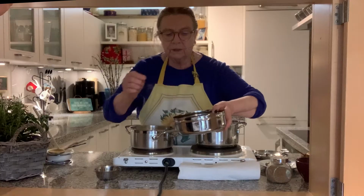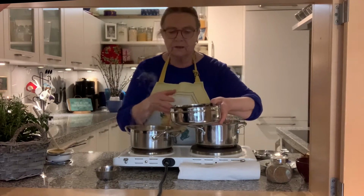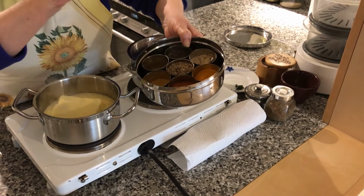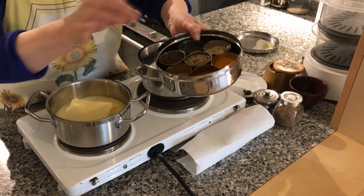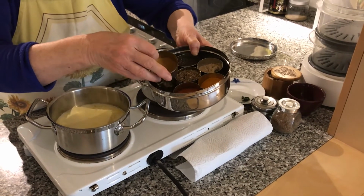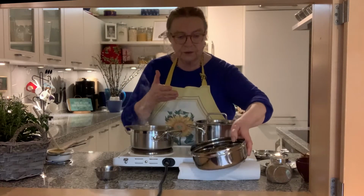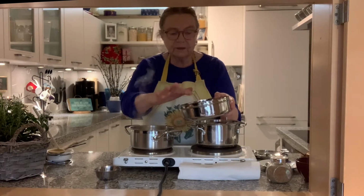Now, if you use curry powder when you're cooking Indian food, everything tastes the same. So it's nice if you have different spice mixtures. And these are two different kinds of spice mixtures. In India, there are thousands. This one's a garam masala, which means hot masala, and you can put it in vegetables or you can put it in dal. And this is a sambar masala, which is basically for dal, if you're going to cook dal with vegetables. And so for the soup, we're going to use ghee, cumin, asafetida,